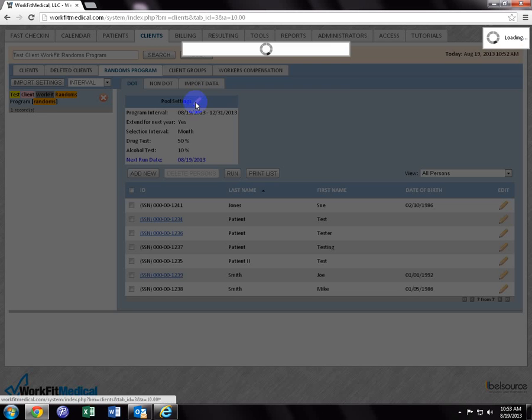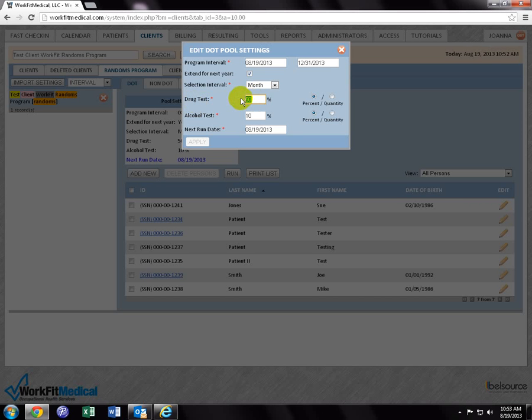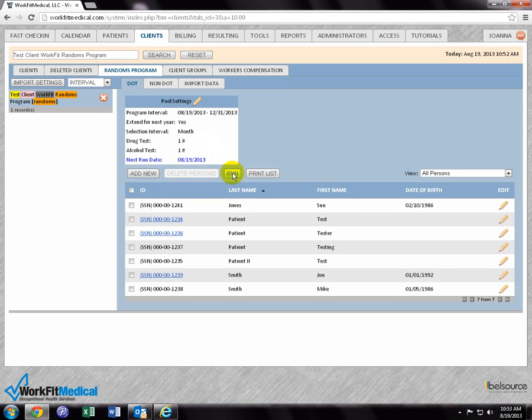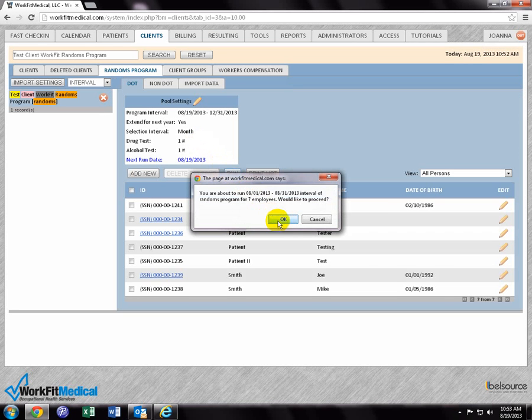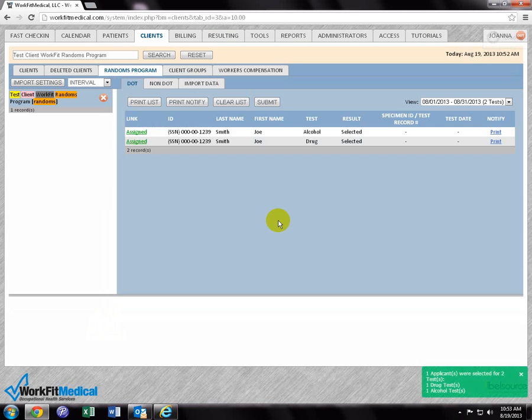So let's say I manually calculate it and determine that I need 1 drug test. I'm going to change it from percent to quantity, and 1 breath alcohol test, change it from percent to quantity, and hit apply, and see if it will now let me run it. Okay, and this time it did actually pull. So this is the type of thing that we run into frequently. We have to change things around and really try and force the system to do what we have to do,